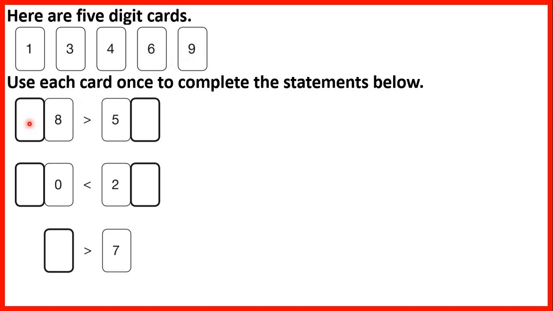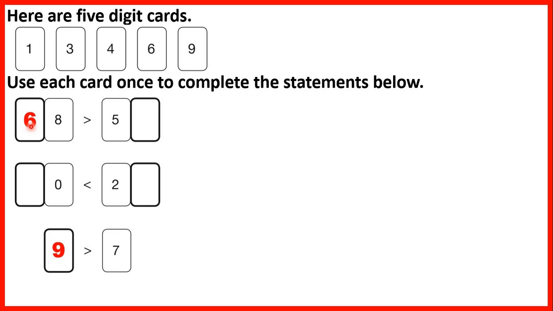But because there are two possible different answers, the best thing to do is to leave that and then find where there's only one possible answer. So if we look at this question down here, we need a single digit number that's greater than 7. And so here, the only number we have that's greater than 7 is the 9. So that means the 9 must be this card here,